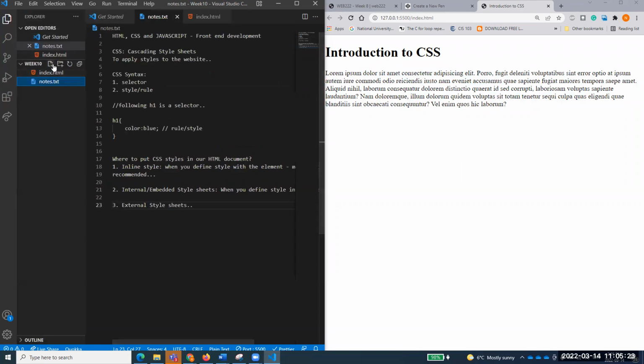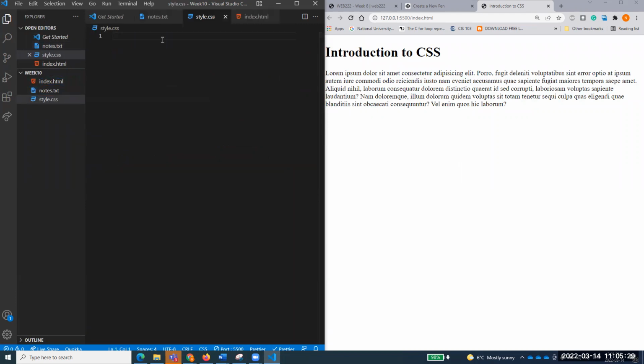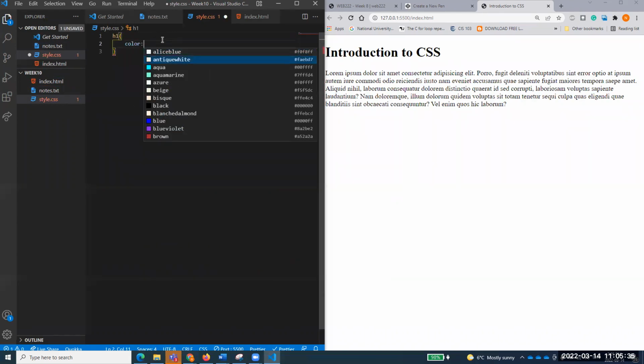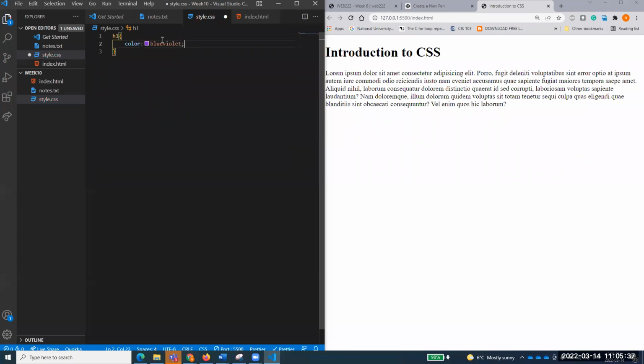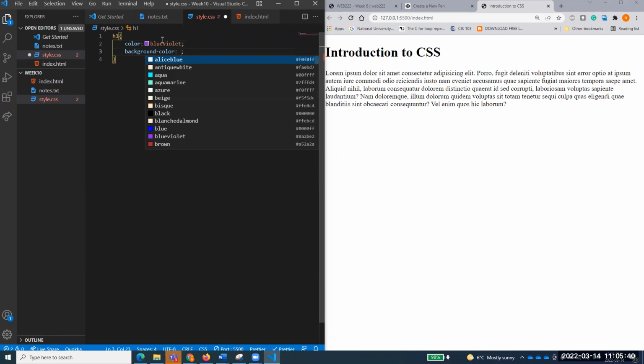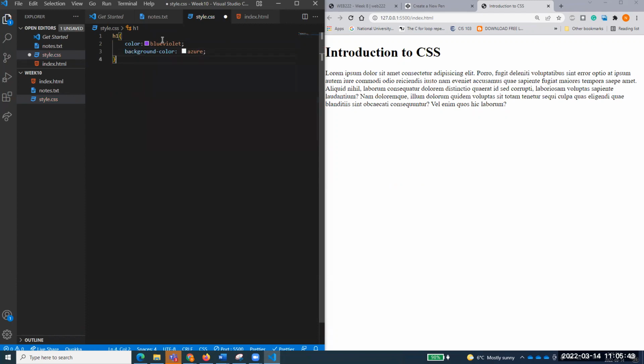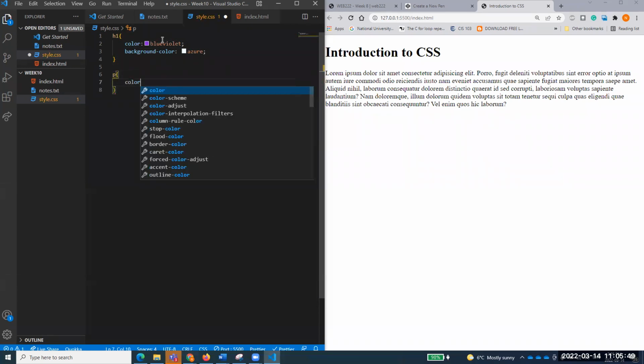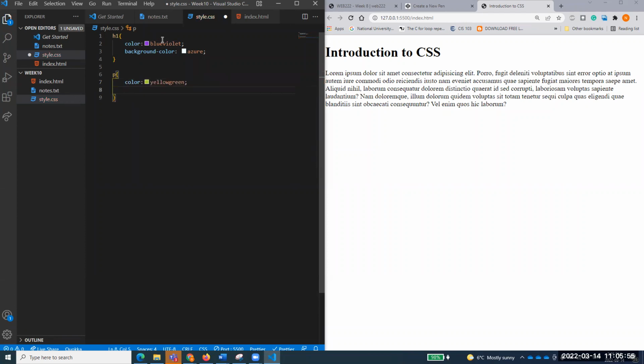What does that mean? I create a new file and I call that style.css. I'll be mostly naming it style.css. And I define a style inside that one. So H1 color, and I can give any new color, maybe blue violet, and then background color, and I can give any other color as well. And I can say a paragraph should have a color of yellow green, something like that, and the font size should be 30 pixels. If I hit save,